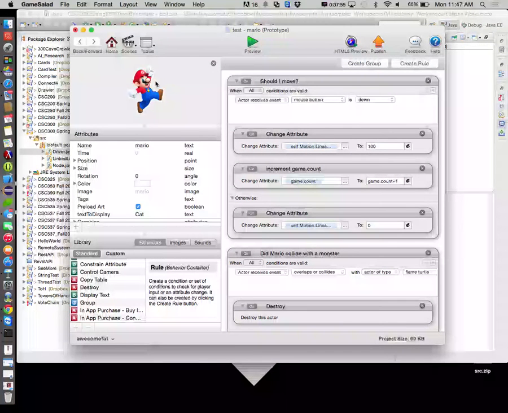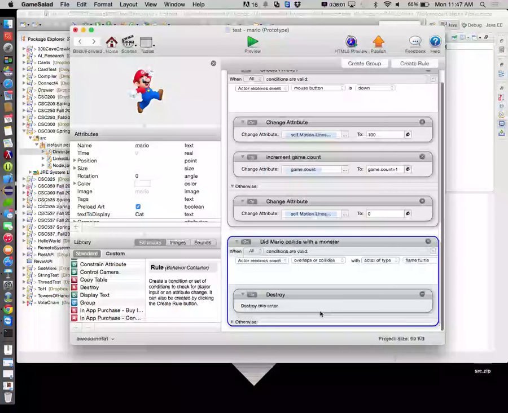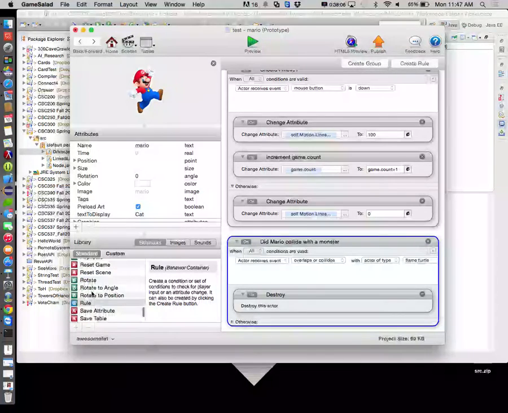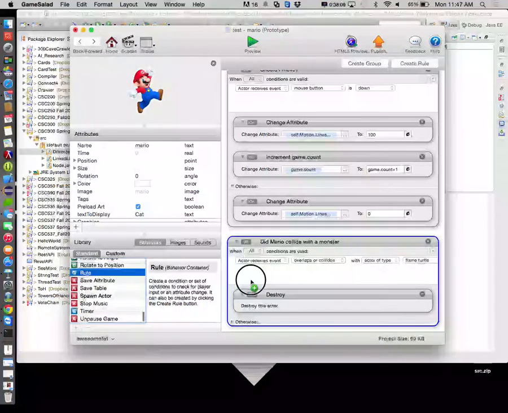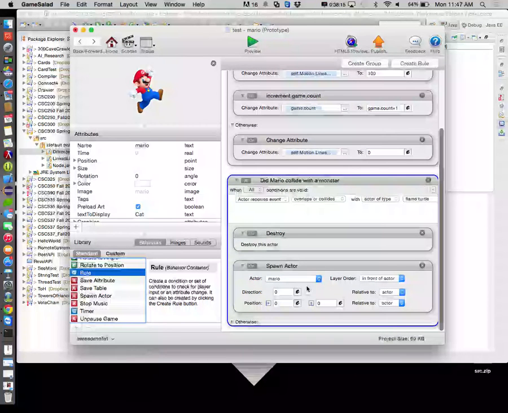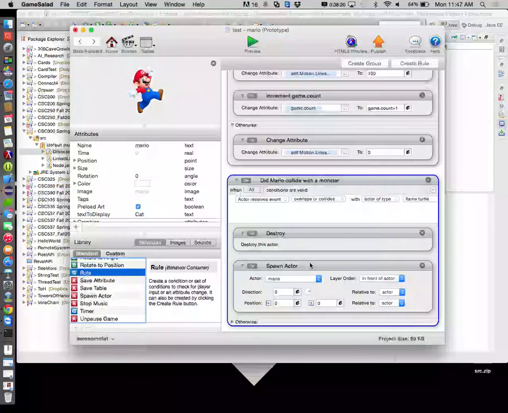All right, so here let's do something a little bit fun. So here's Mario collides with a monster. Right now we're destroying Mario. But we'll also spawn a brand new Mario. And the new Mario is going to spawn. You can decide what kind of actor we're going to spawn. We're going to spawn another Mario. We could say in front of the actor, behind the actor. Doesn't matter in this case because we're going to have him spawn